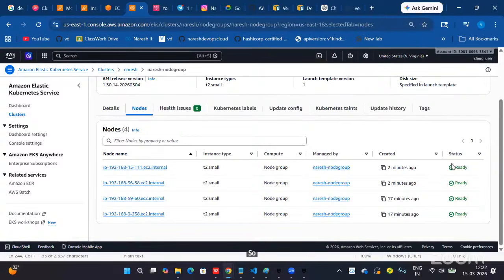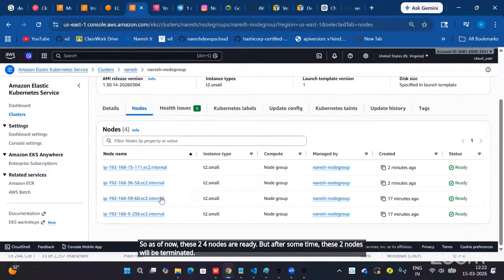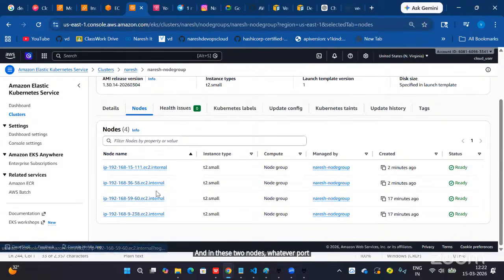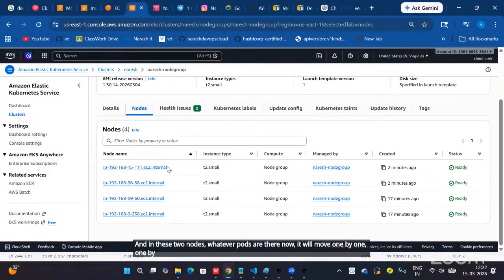As of now, these four nodes are ready, but after some time these two old nodes will be terminated. Whatever pods are on these two nodes will move one by one to the two new nodes, and after that the old nodes will be destroyed.